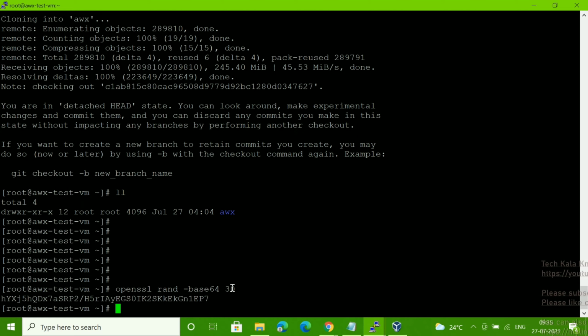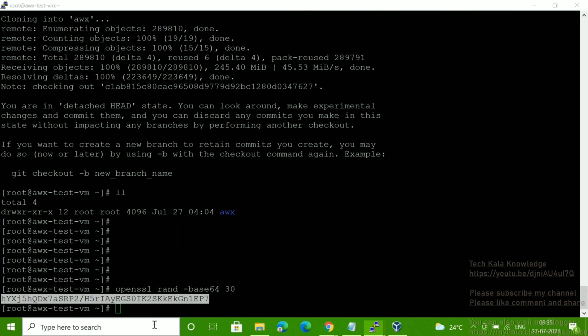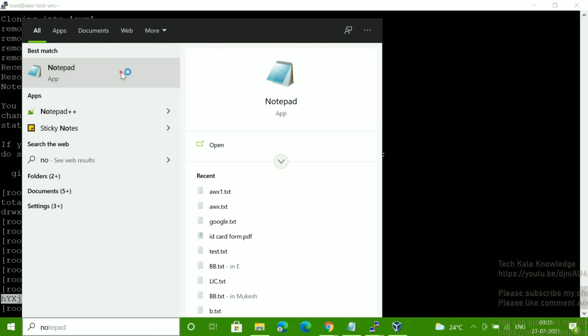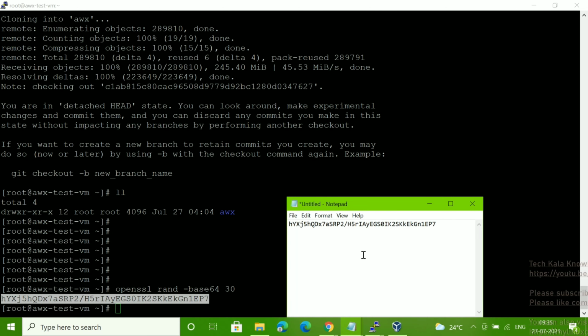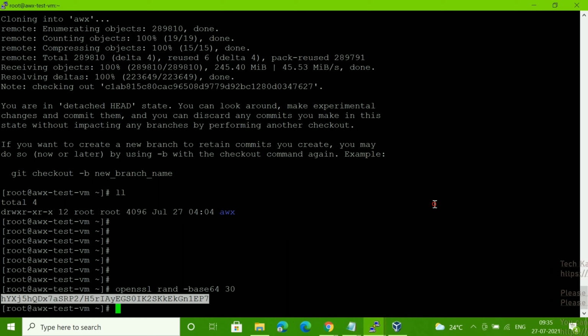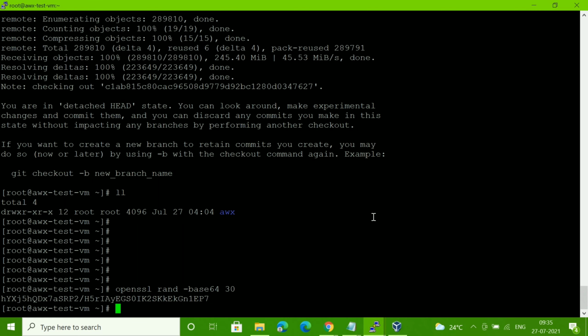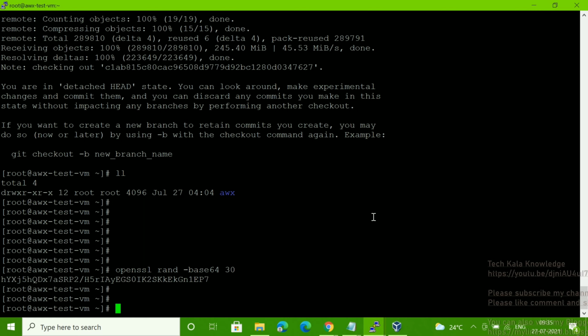It will create one secret key. You can see this is the secret key. Just copy it and keep it somewhere in your notepad, because this secret key I have to update in our inventory file. I will show you how to do that.